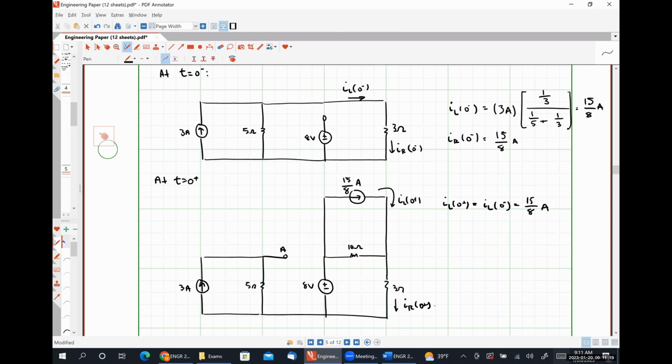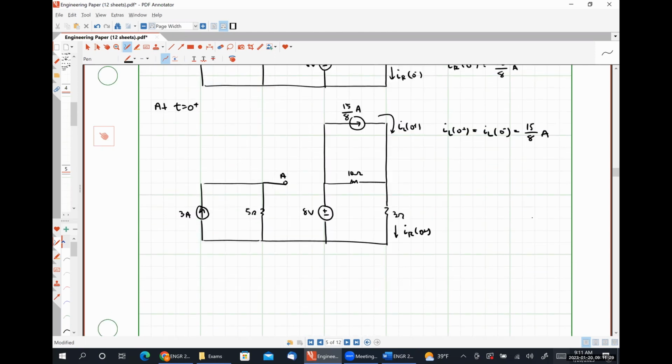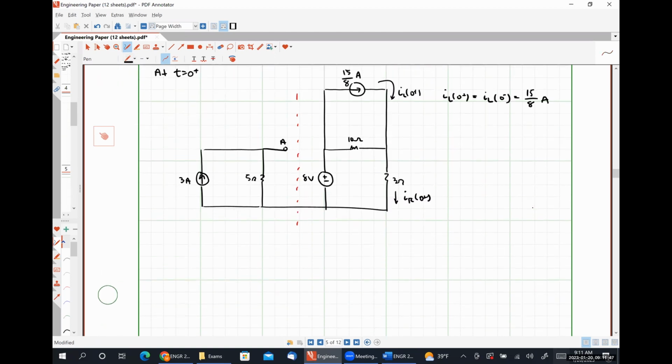Let's do the source transformation because that was the first thing that was suggested, and maybe I was going to say we'll check our work a different way, but I don't think that'll be really necessary. One thing I want to point out: everything to the left of this red dashed line doesn't do anything, so I'm not going to draw it when I do the source transformation. Just looking at everything to the right of the red dashed line, we have an 8-volt source, and then